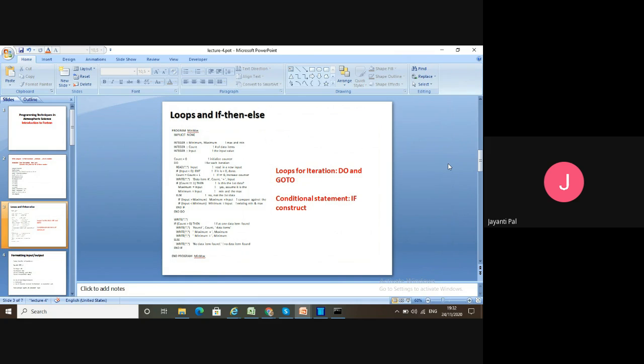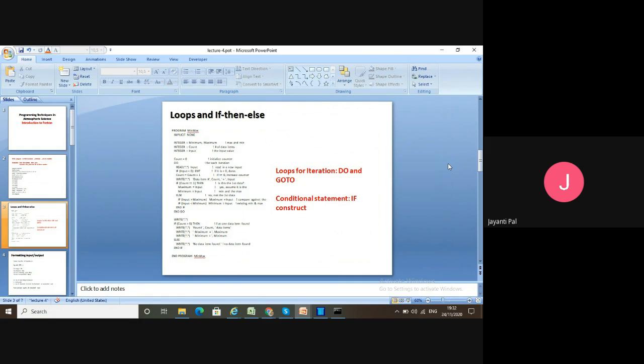So in this way there are two very important things. One is the iteration process, because that is the basic reason we use programming: we don't want to do the same thing repeatedly and manually, because it takes time.